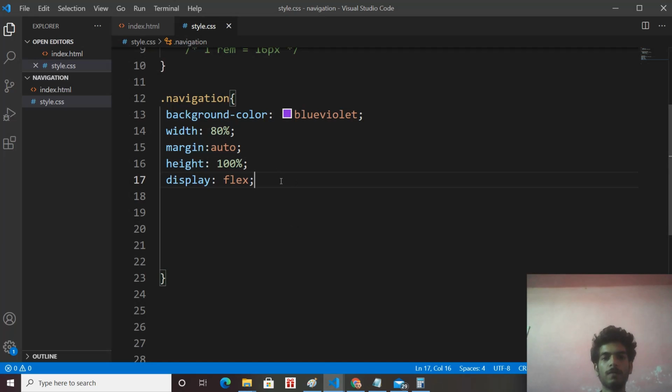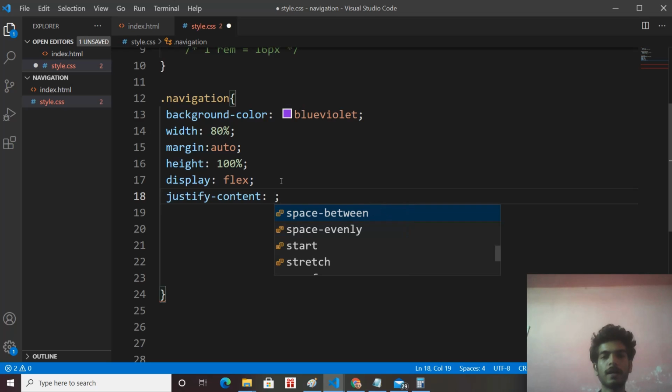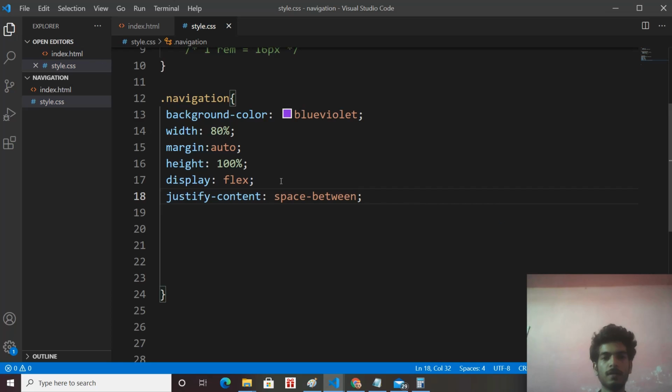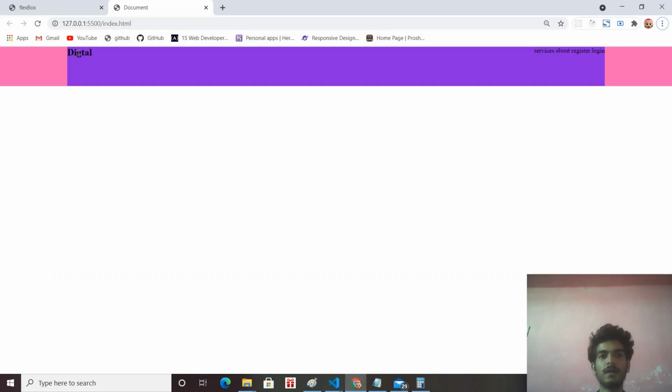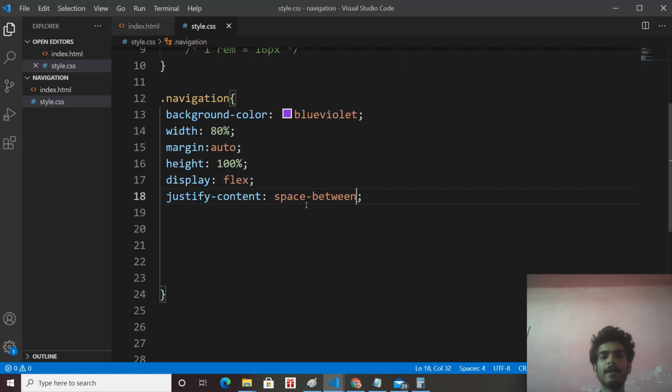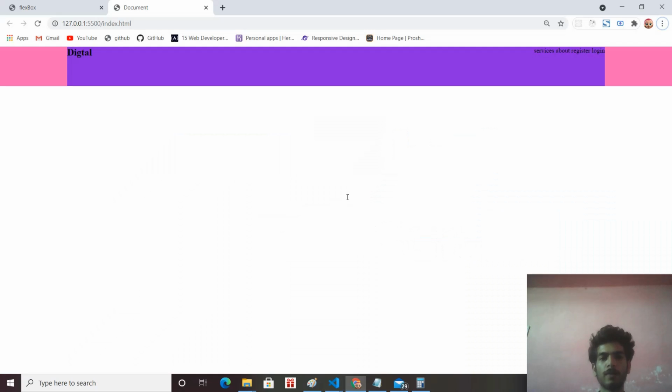If I give justify-content space-between, our first child gets aligned to the left and the second child gets aligned to the right, and there is maximum space between both children because we have added the space-between value to the justify-content property. And this is what we want.